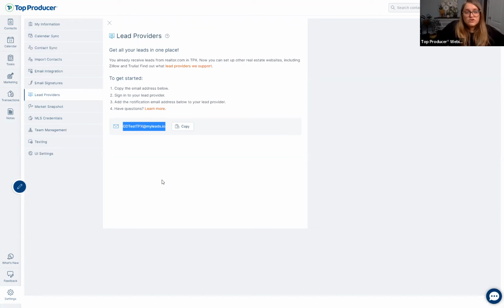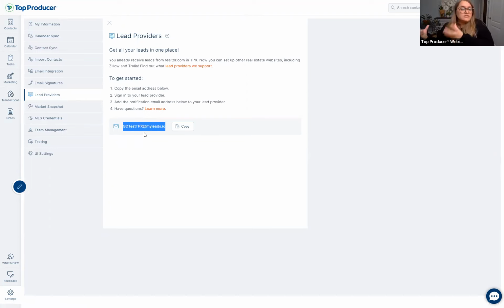So if your leads are coming in through your company, make sure that you give them this email address. As long as the program your company is using is supported, you can add this email, give that to them, and then when your leads come in, they'll go directly into your contact list. Also let us know if you are receiving leads in other ways, like through your email address, but they're not coming into your Top Producer X, and if you've given your work this email address already. When you go to settings, it's under lead providers, and that's the email address that you need to use to bring the leads in.